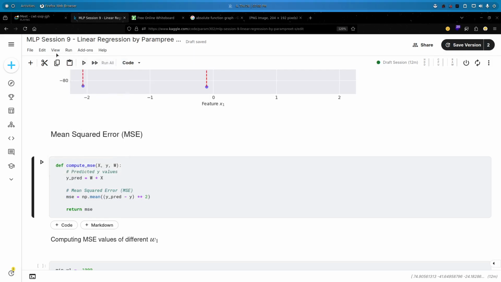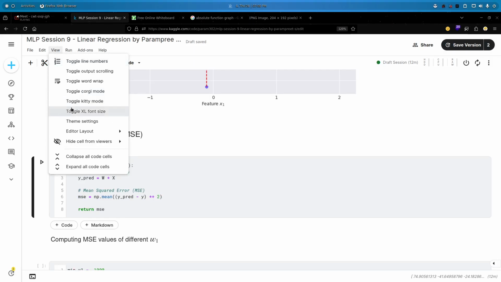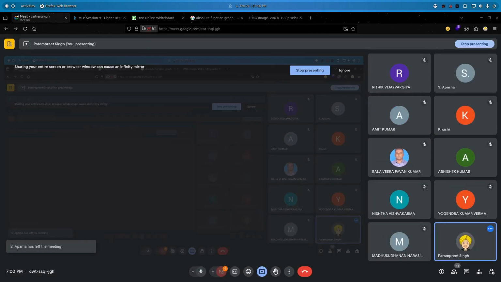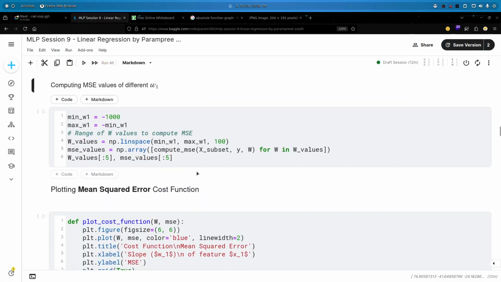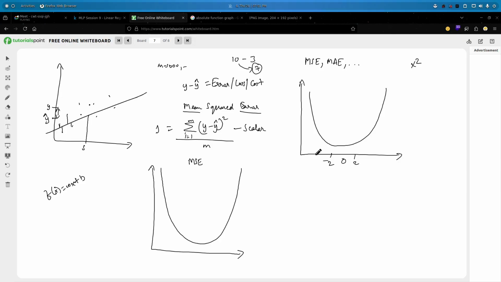Okay, is the font size clear, by the way, for the notebook? Yeah. Okay, so this is the function for computing the mean squared error. Now I'm just running it, and what I'm doing is taking various